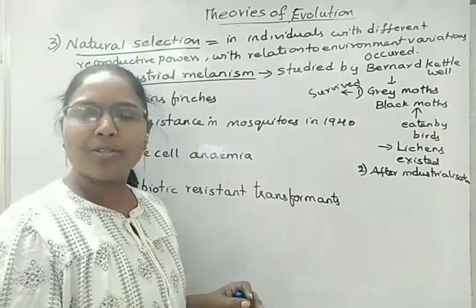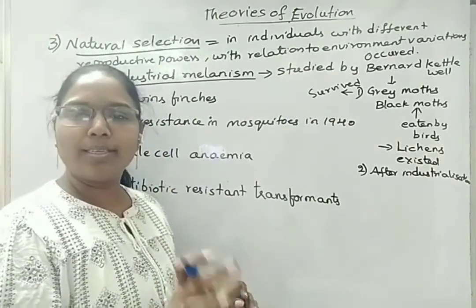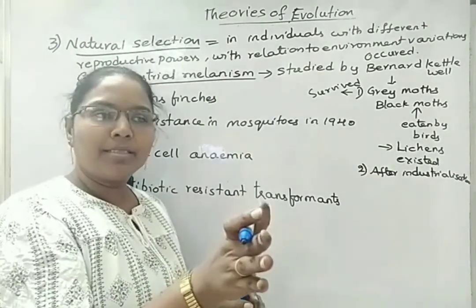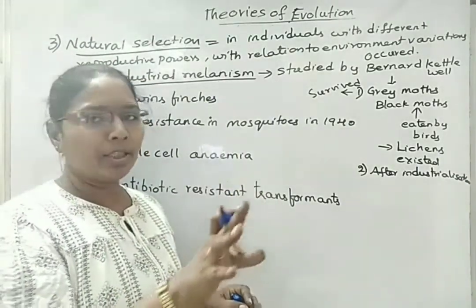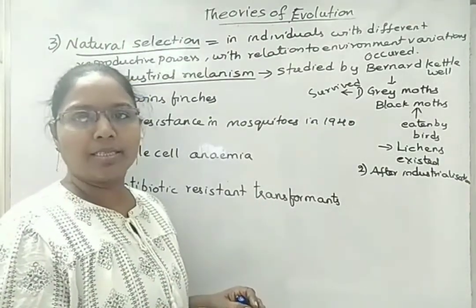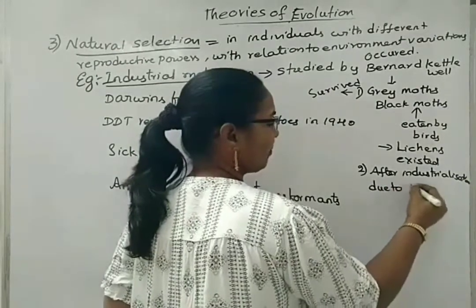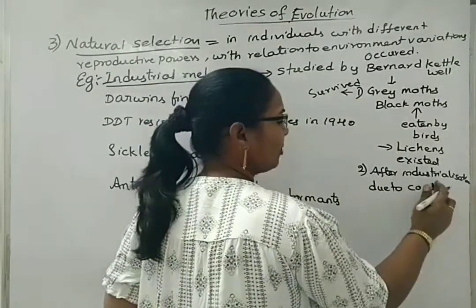Now, the atmosphere also got deposited with coal, dust, etc. So these black colored moths mixed up with that environment. They are not visible to the birds. So after industrialization, due to coal and soot accumulation,